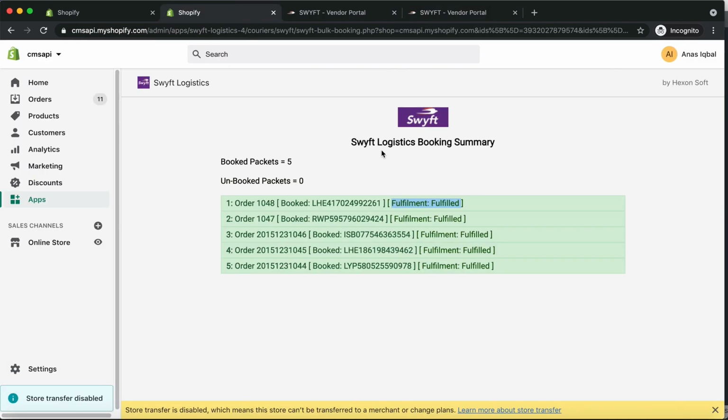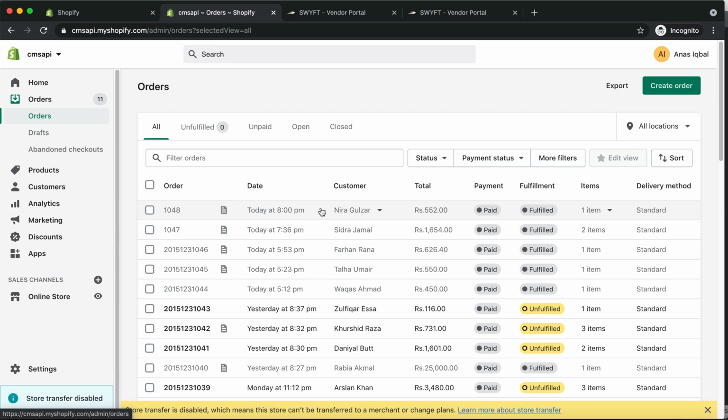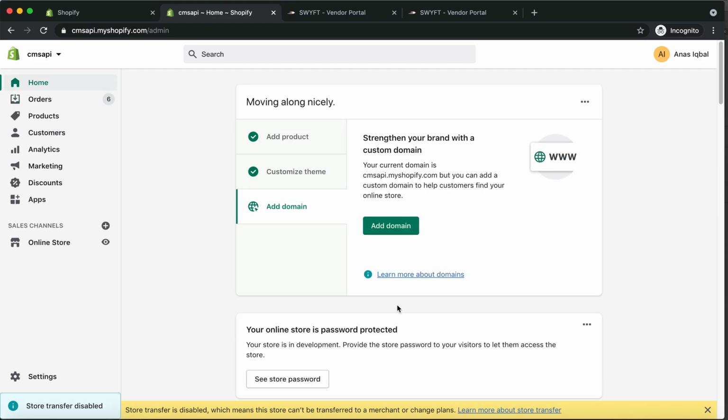Now go back to your Shopify screen, go to orders, and you can check that all these orders are booked with fulfillment status has been submitted. The order details are also saved as order notes.